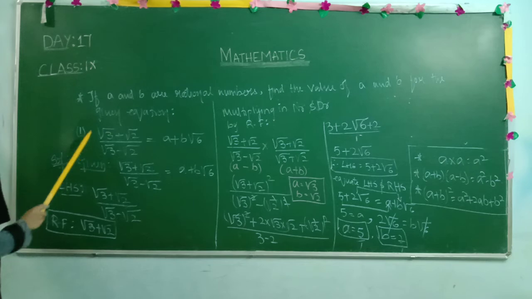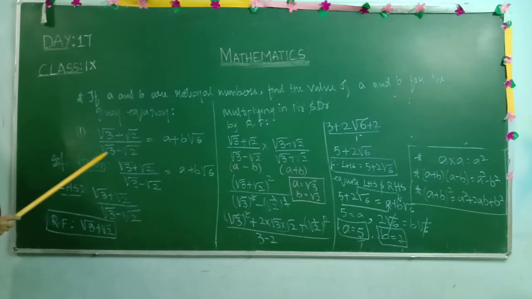What is the equation? This is the equation given. Immediately when we observe this equation, we know what we have to do. Exactly, we have to do the rationalization. When we have to do the rationalization, immediately we check for the rationalizing factor. So for the rationalizing factor, by taking this term, we just need to change the sign. So minus we change to plus. So the rationalizing factor is root 3 plus root 2.